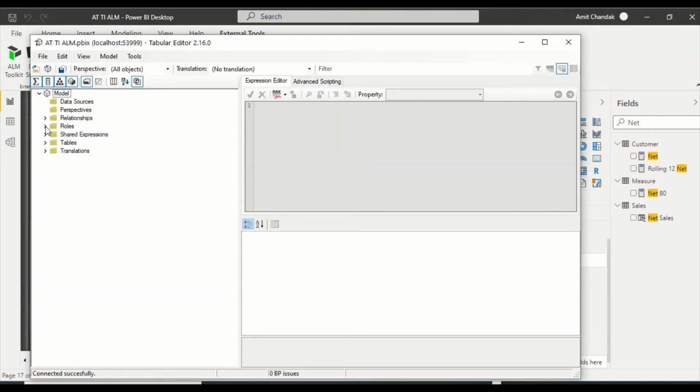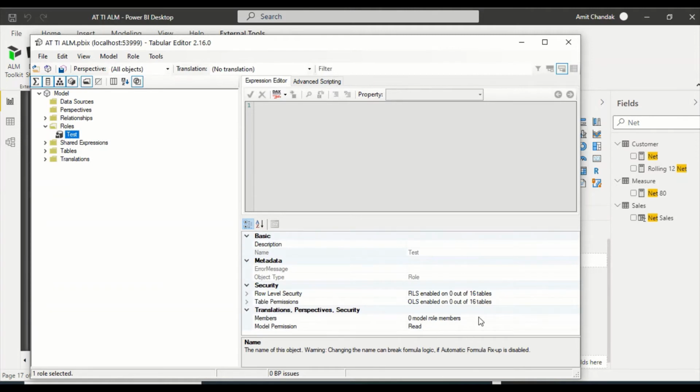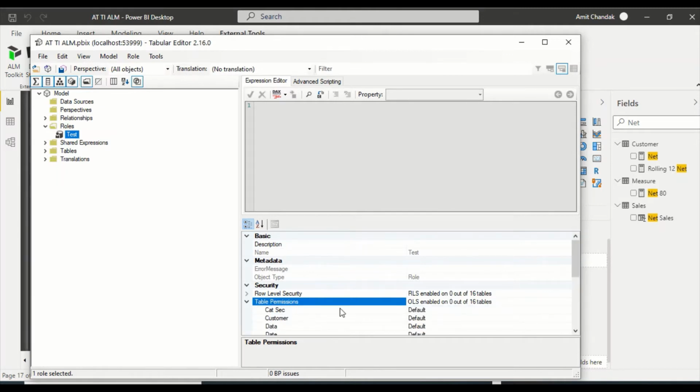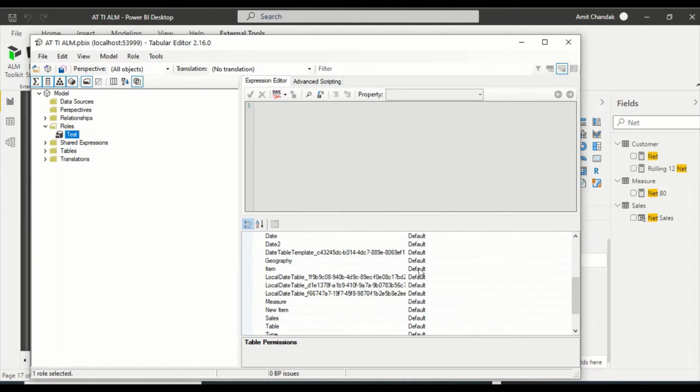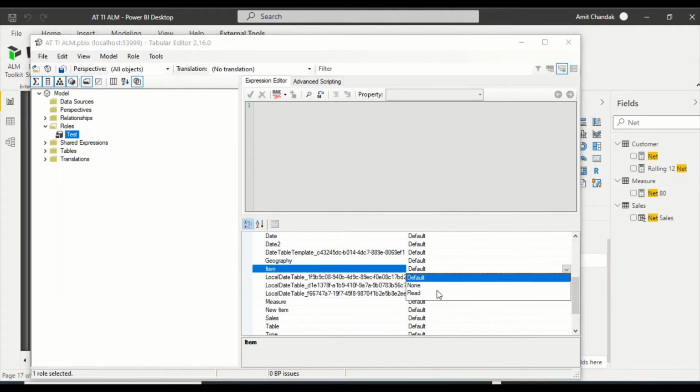Then I see roles out here, I see test here. If I click here and go to the table permissions, I can open it and see various tables which are available here. So I can go to the item table and set it to none, and I can save this.